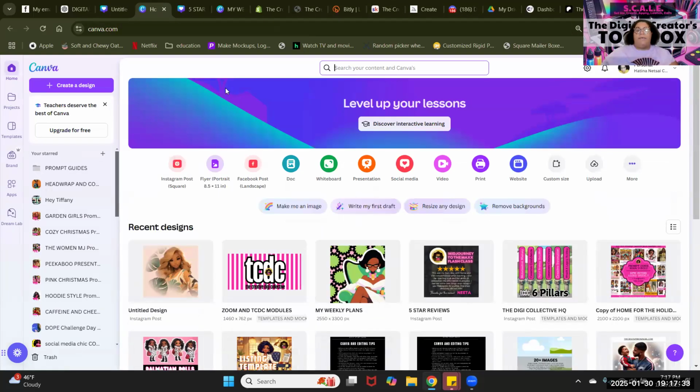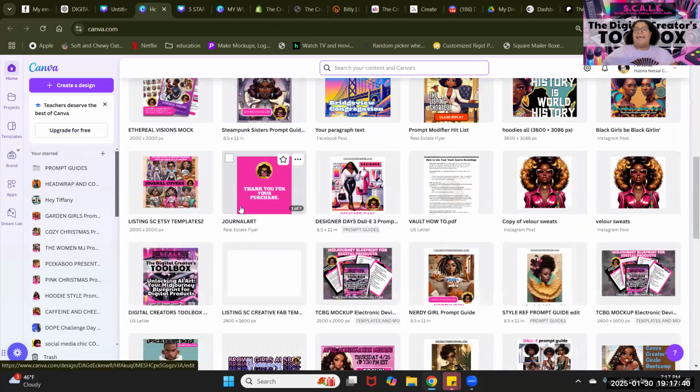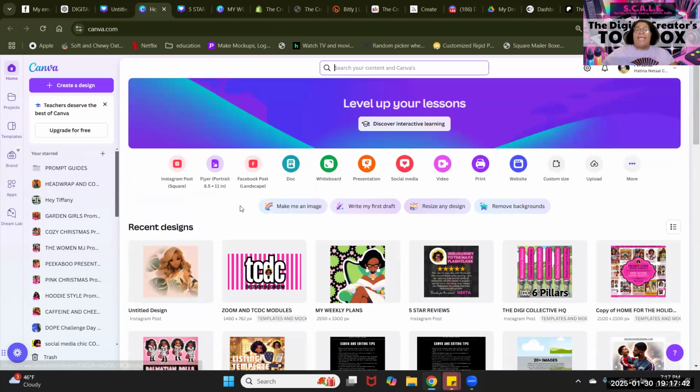All right. So when you open up Canva, of course, this is your dashboard. Some dashboards are well organized and some are haphazard. And I feel like mine is somewhere in between because I've been doing this for a long time and I didn't really start getting organized until late in the situation. But anyway, so basics about Canva,